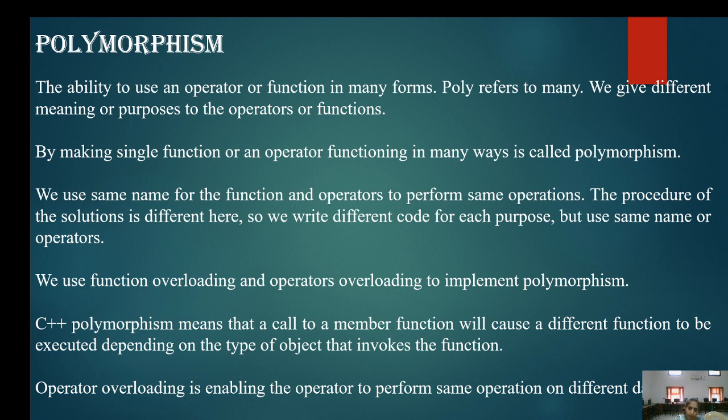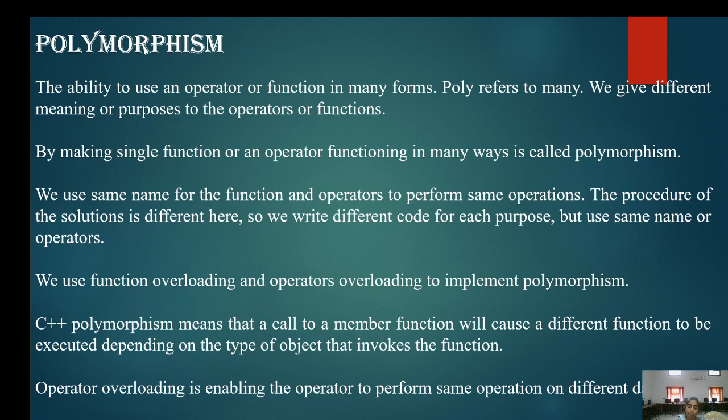Well, we can think, if all the functions have the same name, then how can the compiler differentiate which function has to be called? Here we use either different data types or a different number of parameters. So depending on the data type or the number of parameters, the compiler can choose the desired function easily and can execute that particular function.